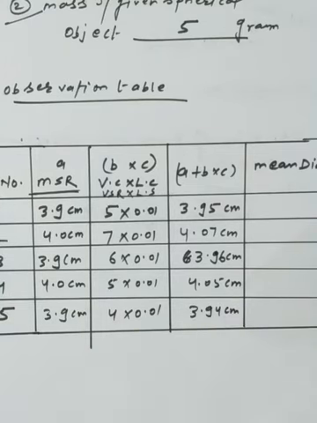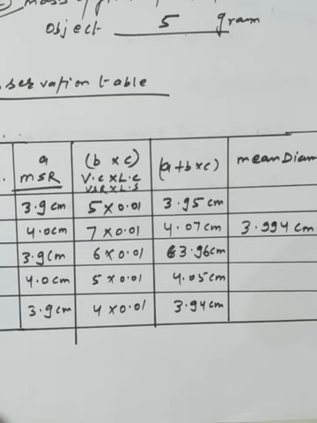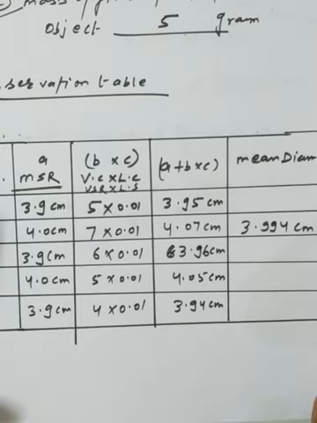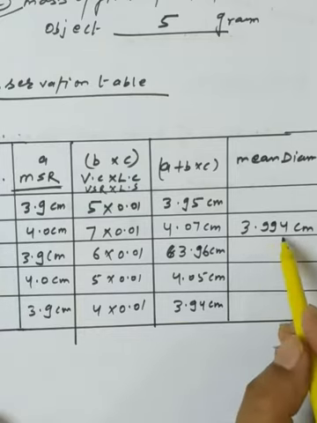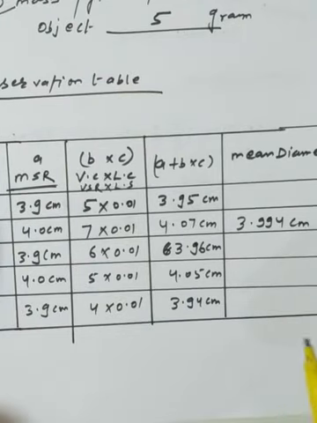So next, what we have to do is make the mean diameter, because these are all the diameters we have. So dear students, as I am just making the mean, I have used the simplest formula: d mean is equal to d1 plus d2 plus d3 plus d4 plus d5 upon 5. So it comes about 3.994 centimeter. Okay, we have made the average.